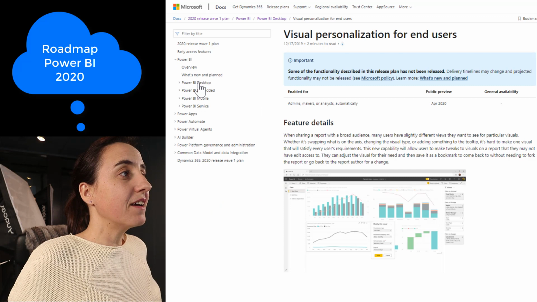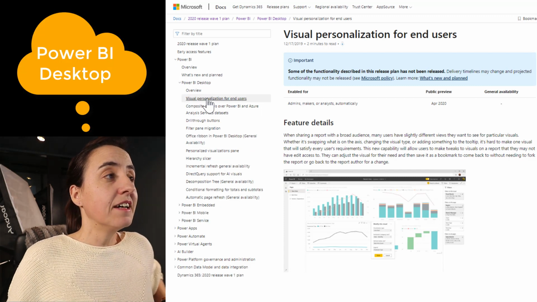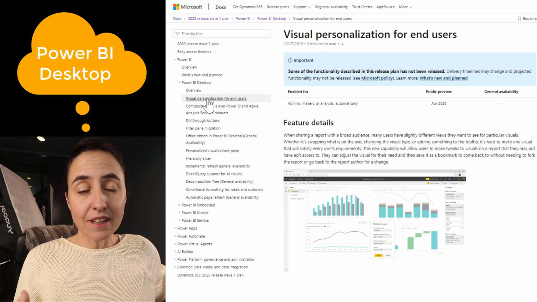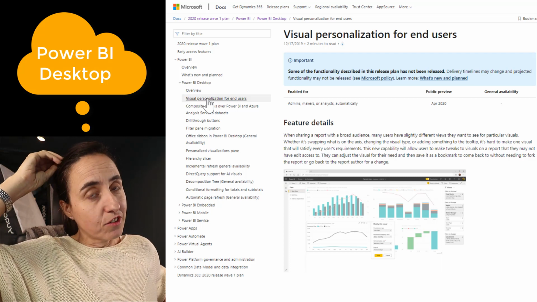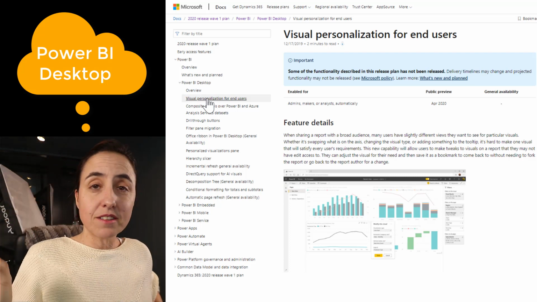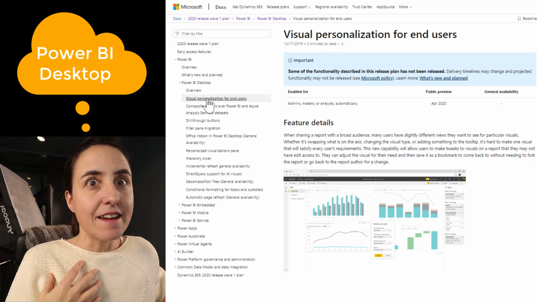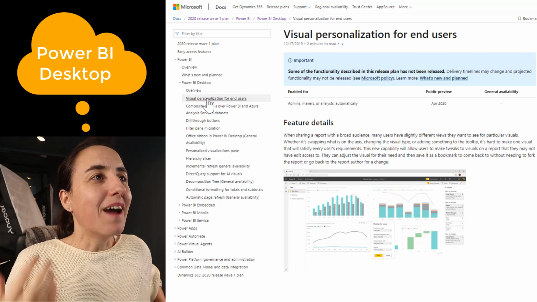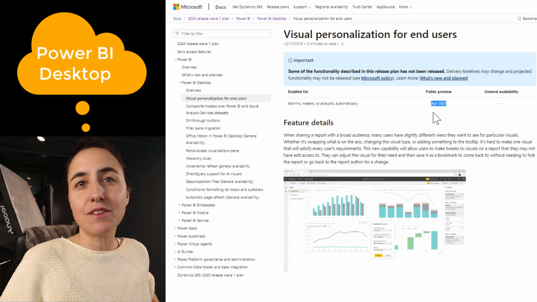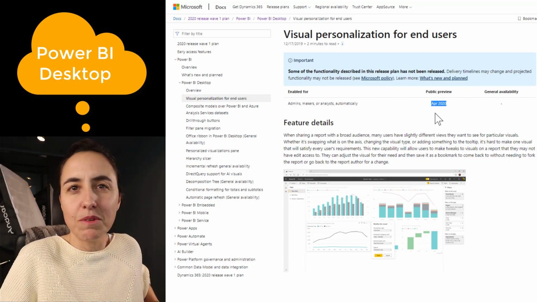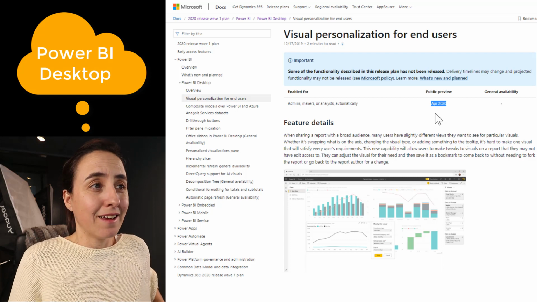Here we have Power BI, and they have the release features for desktop, embedded, mobile, and surveys. For Power BI desktop, the first one is visual personalization for end users. And I think it's really weird that it's on the desktop, because this is a Power BI service feature for what I understand. I have seen this in action, but I don't know where. Here it says the public preview is in April 2020, so obviously it's not been released. Maybe I saw it in one of these Ignite things where they show things that they plan to